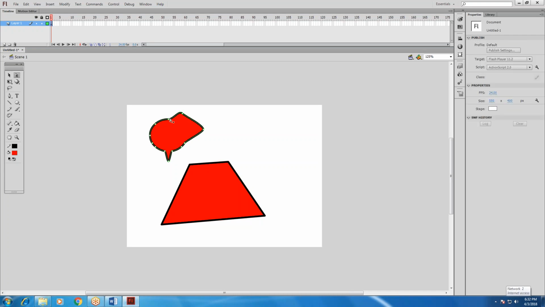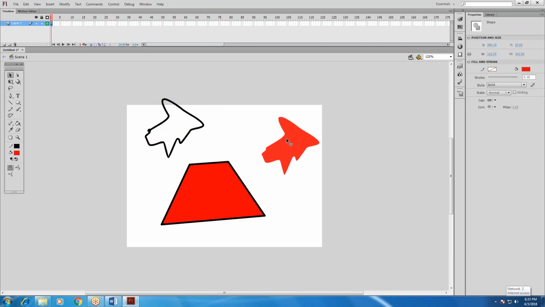You can rotate. You can take the move tool and move like this.